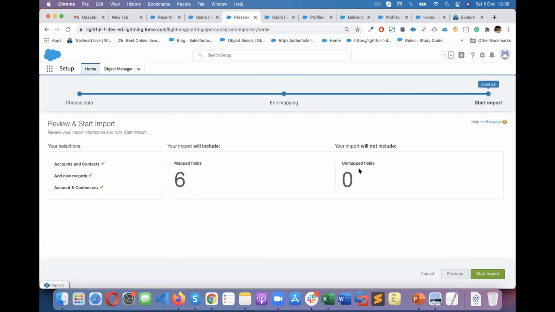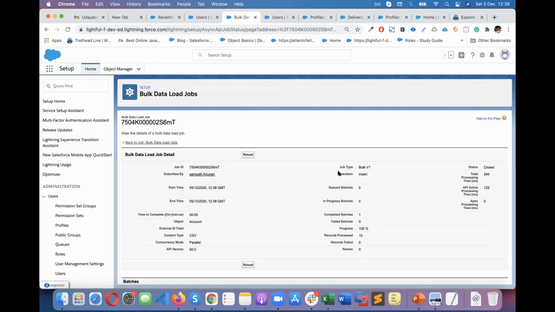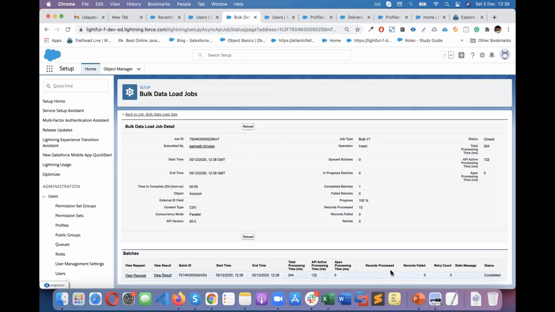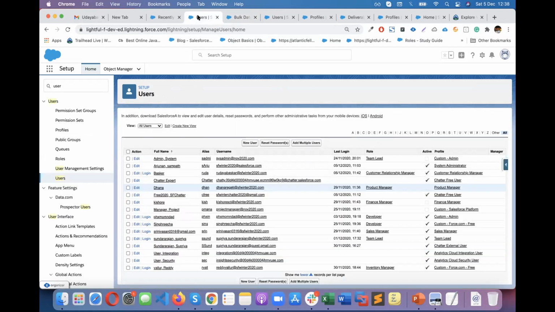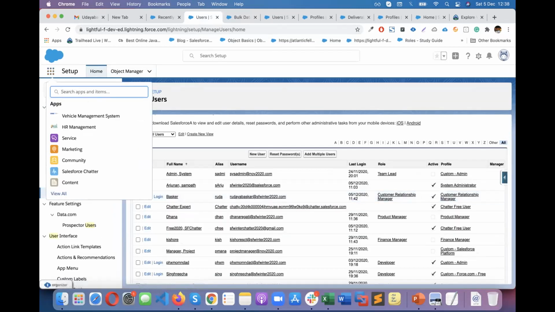Mapped fields and these are the values. Start import. Click OK, then you can see the results: how many records processed and how many records failed. But again, it's not a full-fledged result. Now let's go back to Salesforce, on the account object.